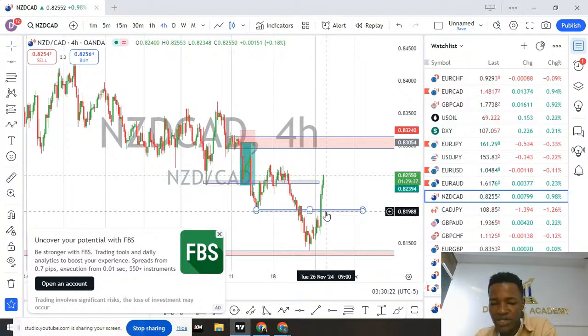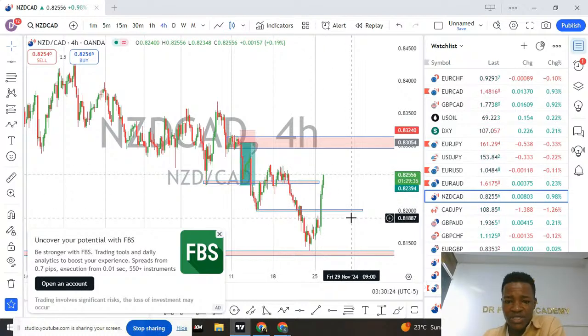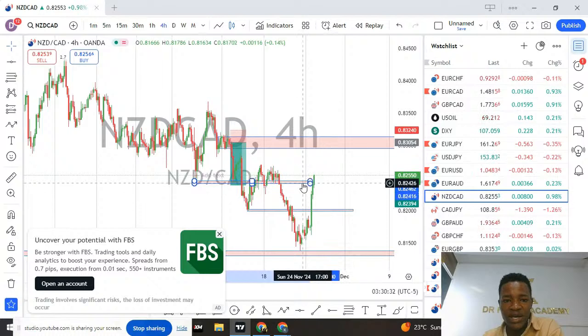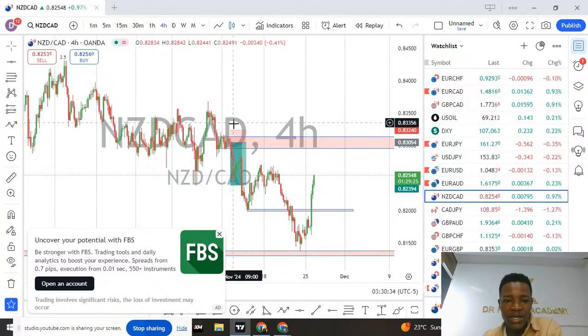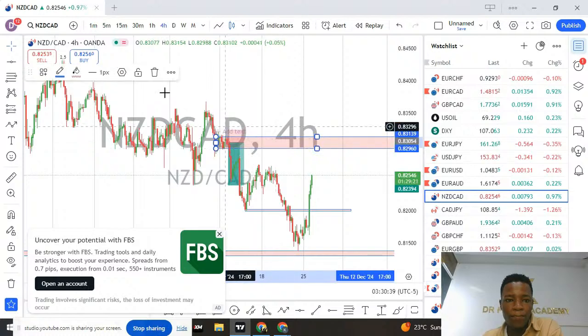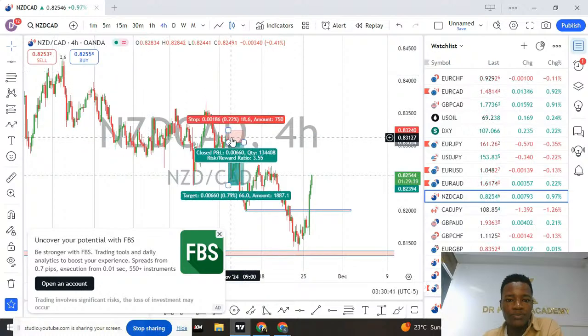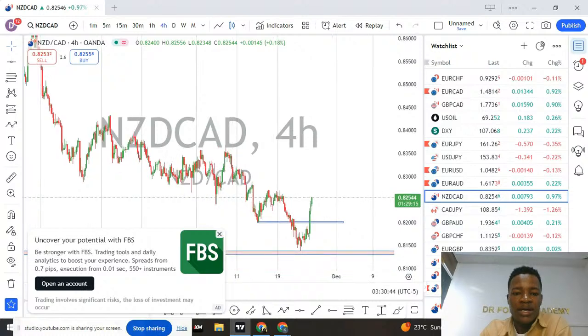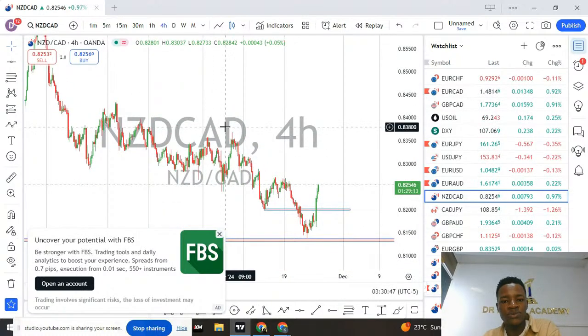For us to experience a change of trend in the market, we need to see reversal structures. And currently, on NZD card, these are last week's drawings. I can clearly see this market is forming reversal structures. So one thing I'll do is